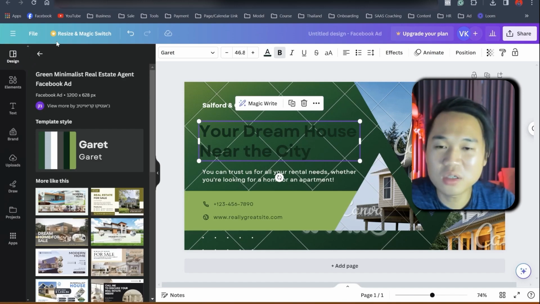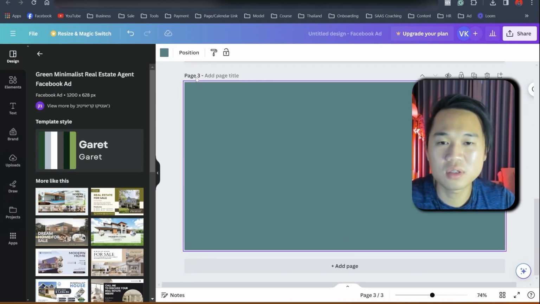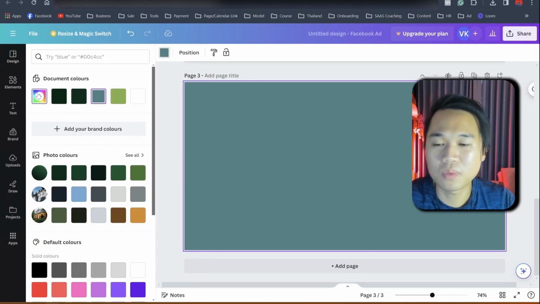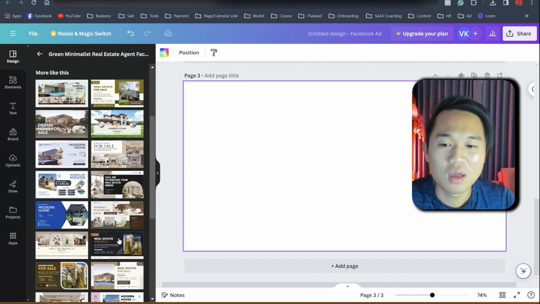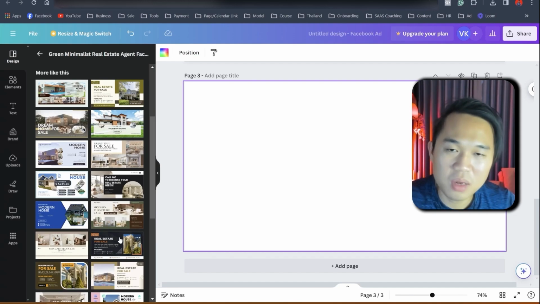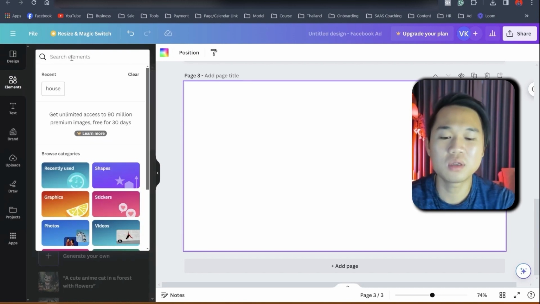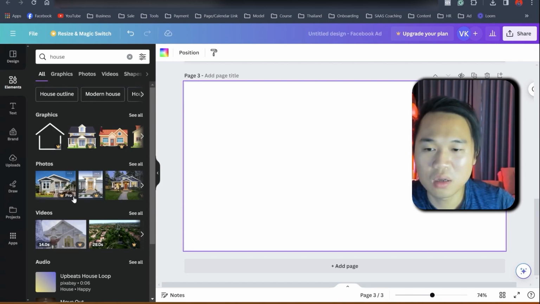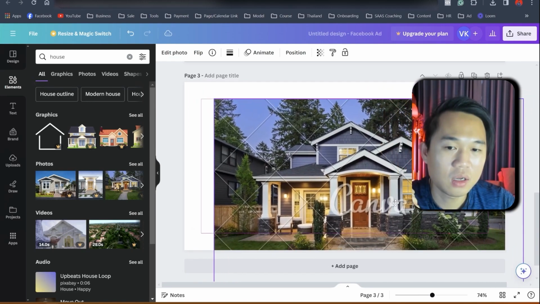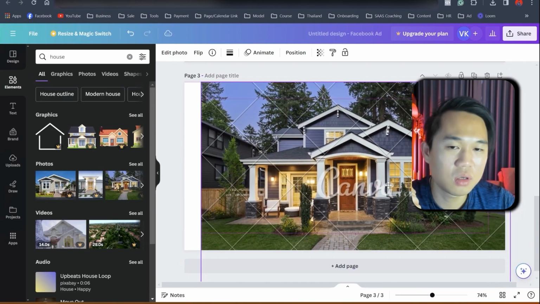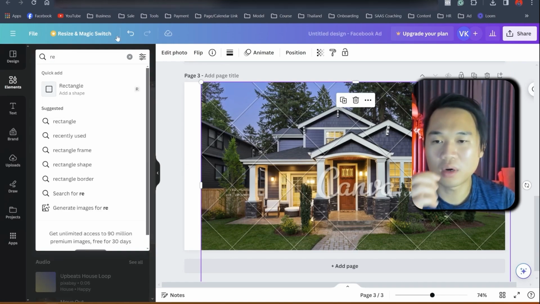But anyway, my intention is to show you something completely from scratch. Really, what I did when I was just starting out, I honestly, guys, I don't do this anymore, so I'm not that good. When I was just starting out, just playing around with this will help build your skill set. So what I do is I go to element and I write house, right? And I'll pick something like this. Obviously, this one you probably have to pay for, right? And the quickest one is that you can write rectangle, right,